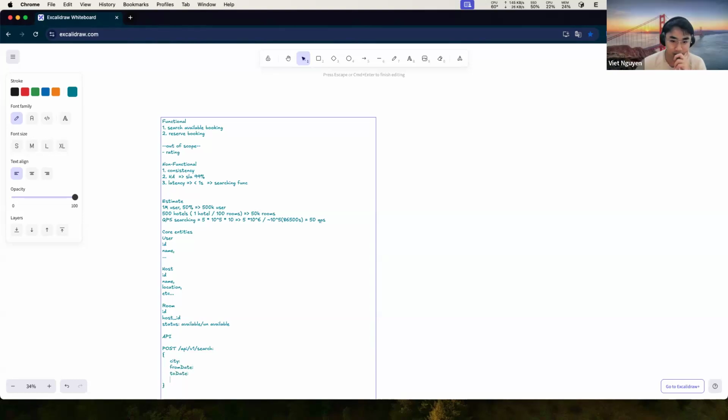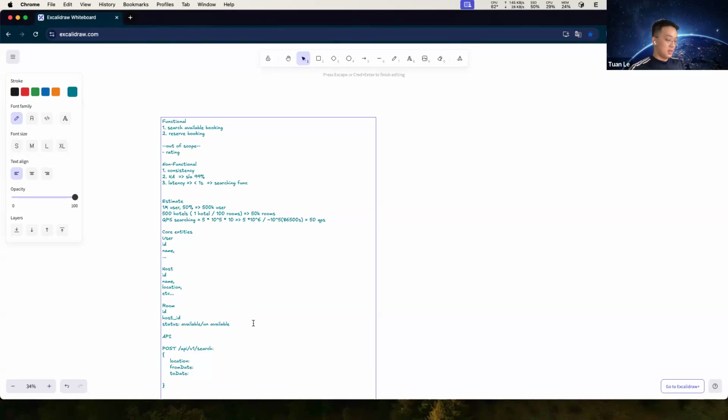Okay, city. I mean, this is the location, like the city, district. So we can keep this simple. It doesn't need to be too complicated about location.